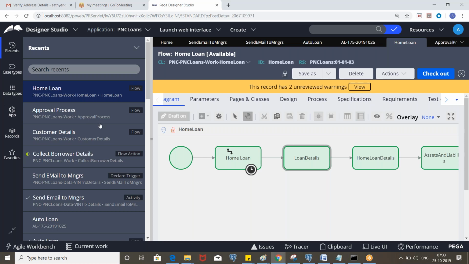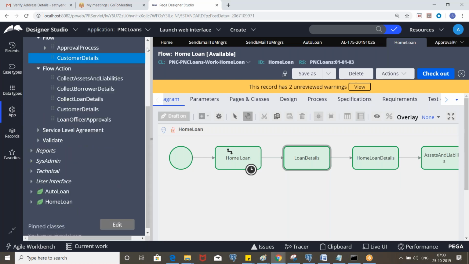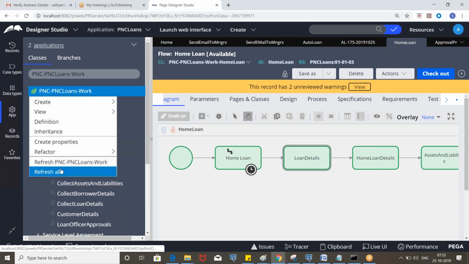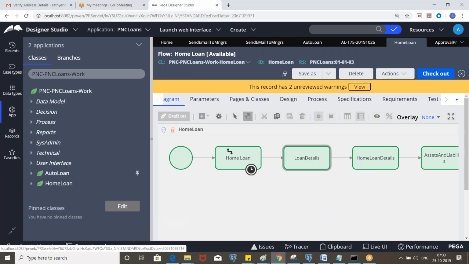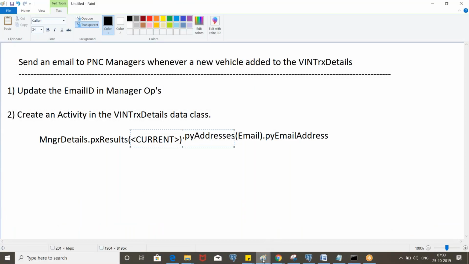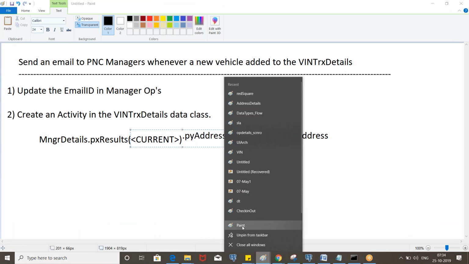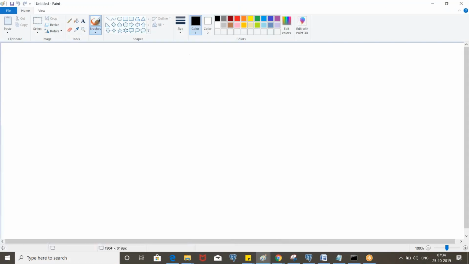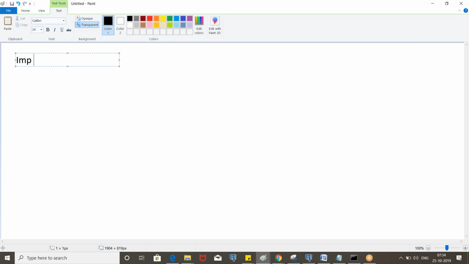Clear? Right? So now let's implement the upload documents functionality.